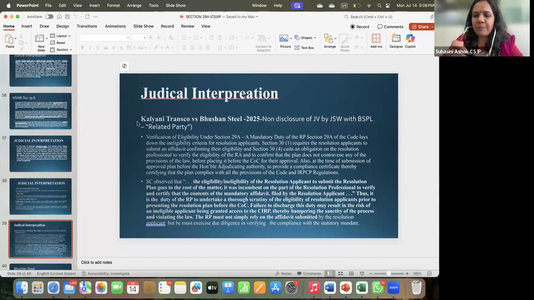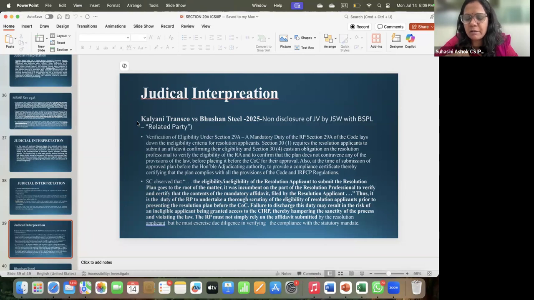See, these are all very, very important. As an RP, the Supreme Court has come against the RP for the diligence of section 29A. So when the section 29A diligence is happening, if anything comes to the knowledge of the RP and COC, even if it has reached an advanced stage, even the resolution plan stage or the liquidation stage, it is better that the RP and COC